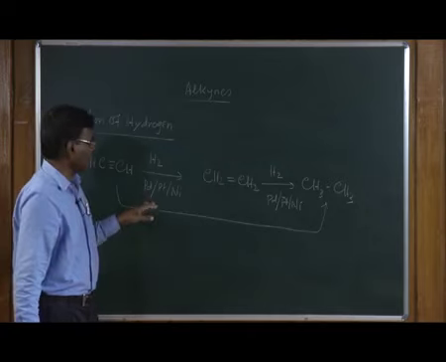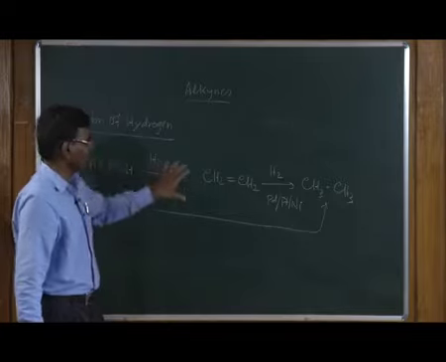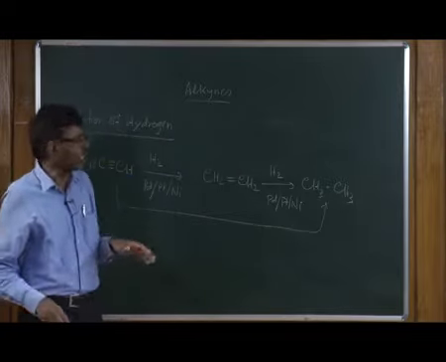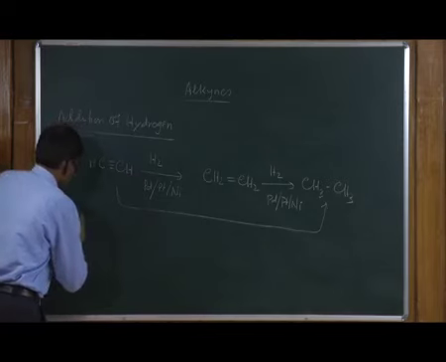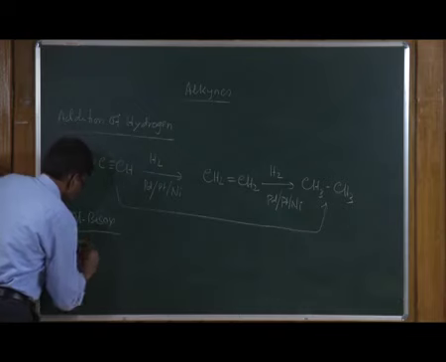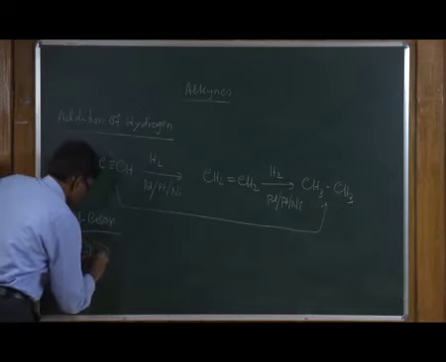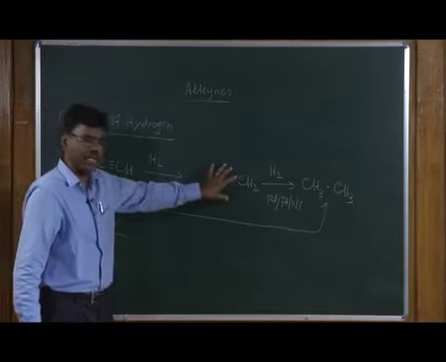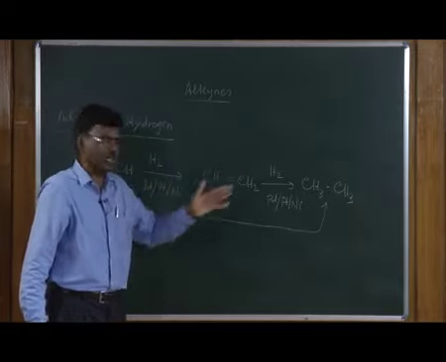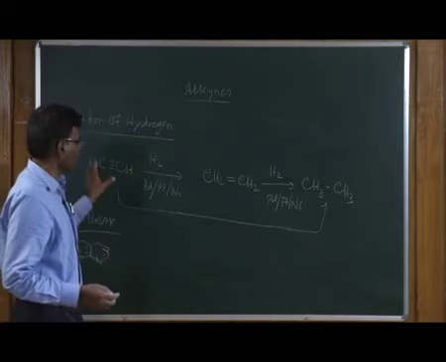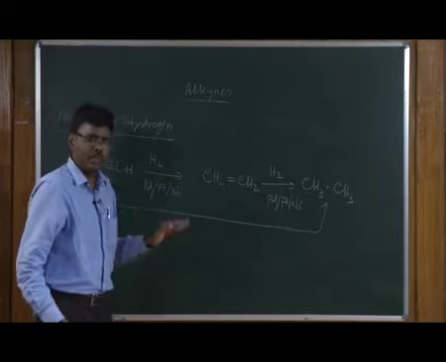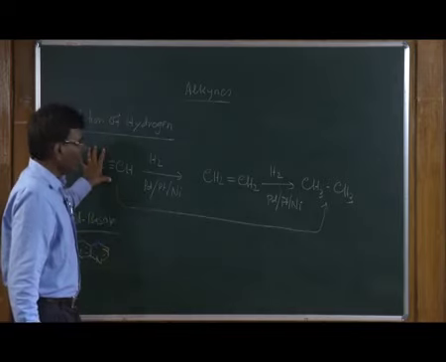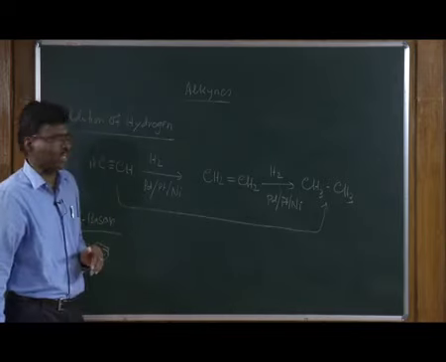On the other hand, you can also stop the reaction at this stage if you use a Lindlar catalyst, in the presence of quinoline. The activity of this catalyst is less, so as soon as you form the alkene, it cannot reduce the alkene further to alkane. So, it depends upon the reaction conditions. Whether you want alkene or alkane, both can be obtained from alkyne using catalytic hydrogenation reactions,